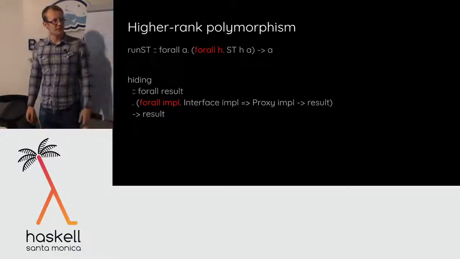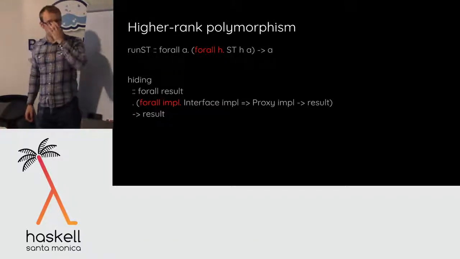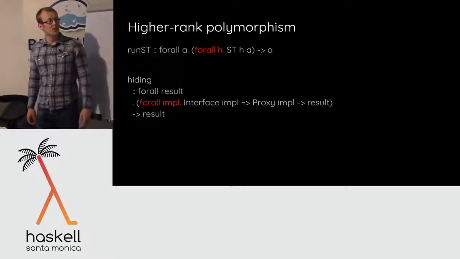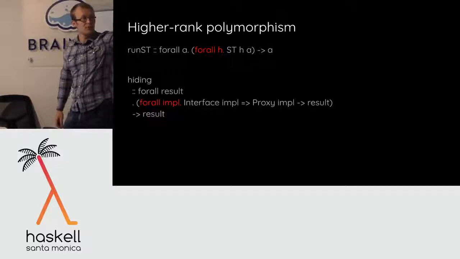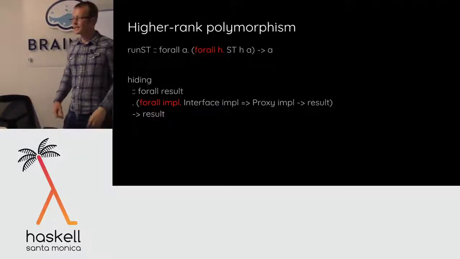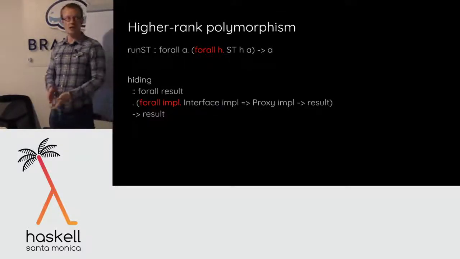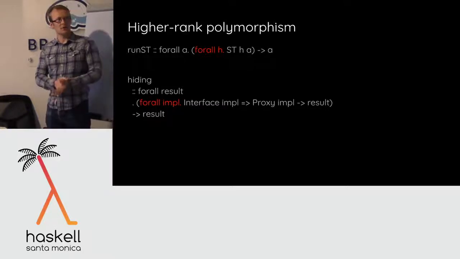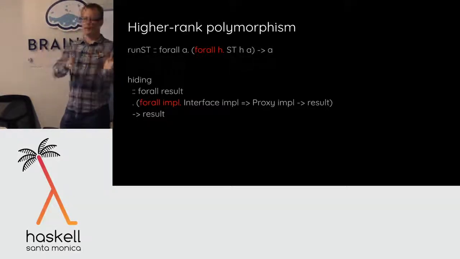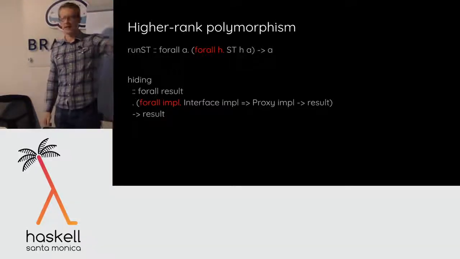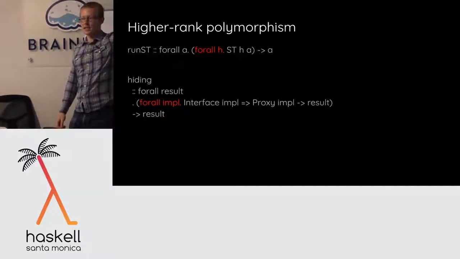Okay, so the next feature we nicked from Haskell is higher rank polymorphism. You might have seen types like this in Haskell, for all A something, like the identity type, for all A, A arrow A. So higher rank polymorphism says, why don't we make that into a type in its own right, where we can put it anywhere inside a type, right? So not just on the outside, forall can appear inside types.